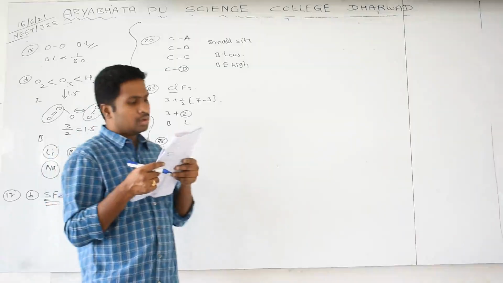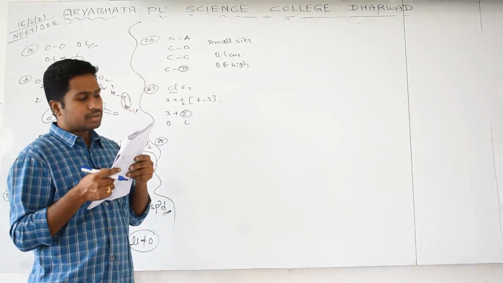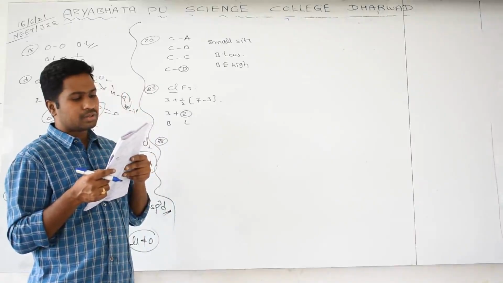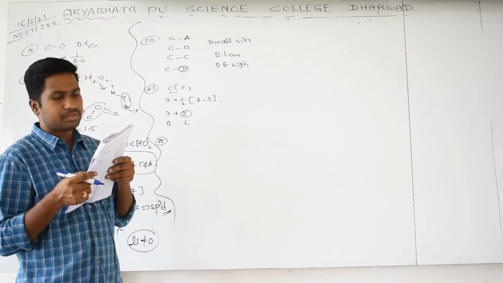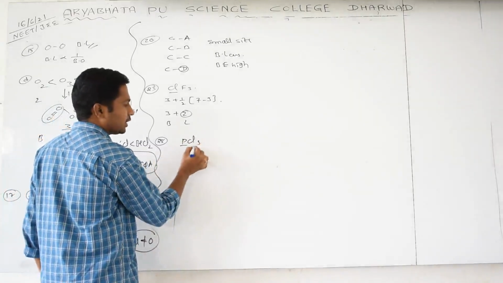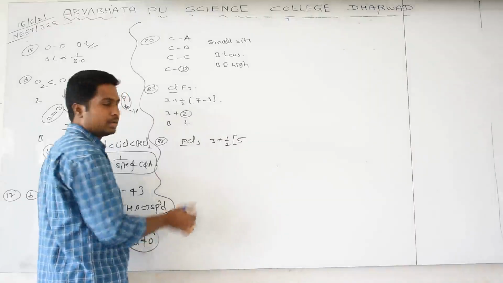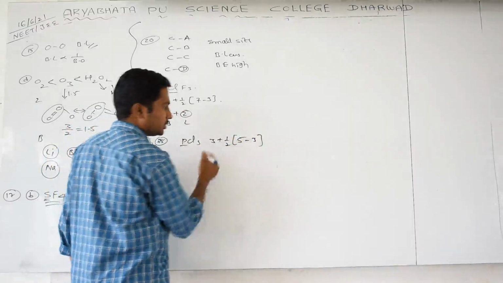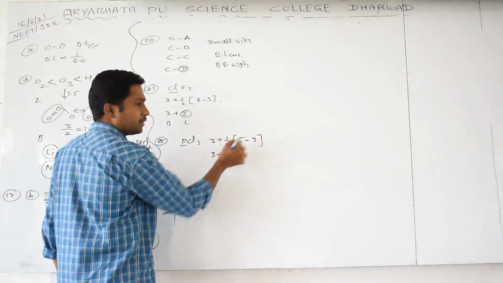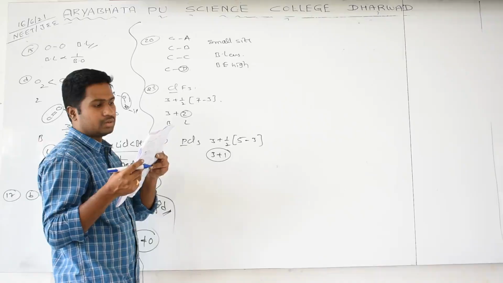Check that one. Which of the following species contains 3 bond pairs and 1 lone pair around the central atom? You can apply the formula to PCl3. Around the central atom we have 3 atoms, plus phosphorus is a 5th group element. Each chlorine makes a bond, 3 bonds for 3 chlorines. So 3 plus 5 minus 3, 2 by 2, is 1. 3 bond pairs, 1 lone pair. Now only the option is being asked.